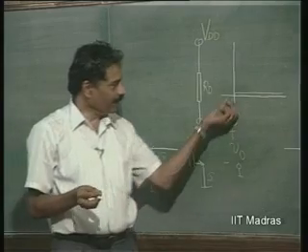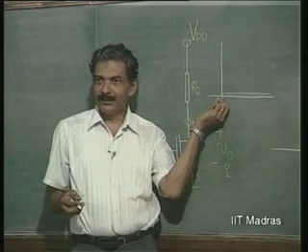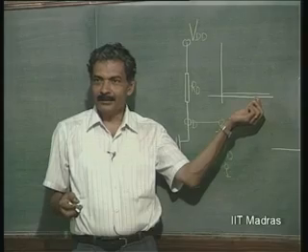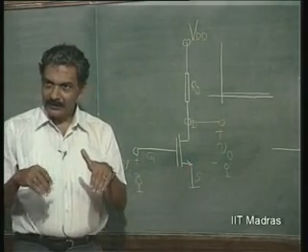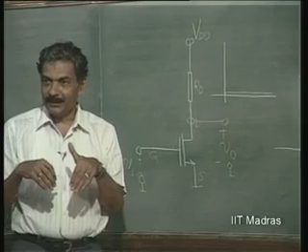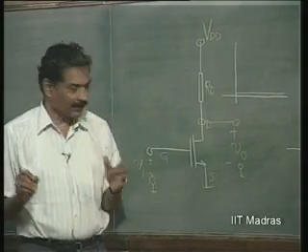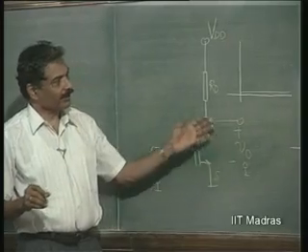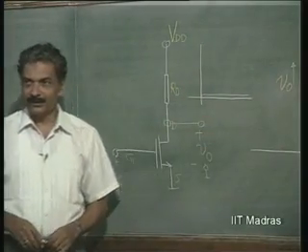That means, at the origin itself, this would have gone to the current saturation region. That means, when the current is low, even when there is a very low voltage Vds, it would have reached the current saturation region. So, this is important. First it starts off in the current saturation region,